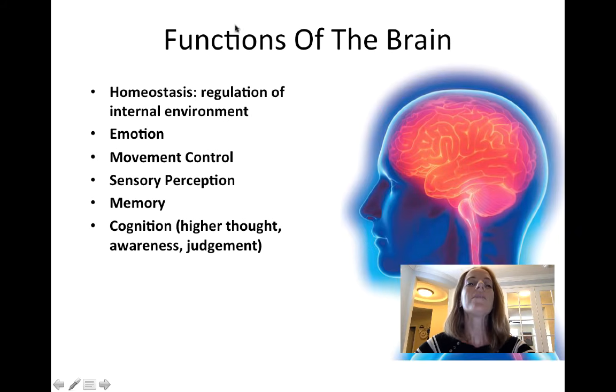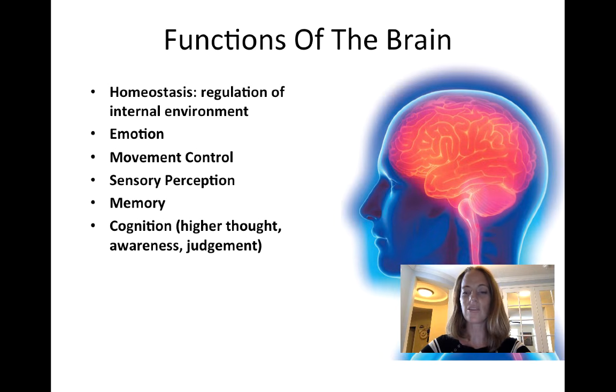Okay, so functions of the brain now. So we are going to get into the individual regions of the brain. Once we finish the brain, then we will talk about the spinal cord. So the brain overall is regulating homeostasis. It is sending commands out to the body and listening to what is happening in and outside of the body to be able to respond appropriately with the right commands. It is also regulating emotion, movement control, sensory perception, memory, and cognition, or what we refer to as higher thought,